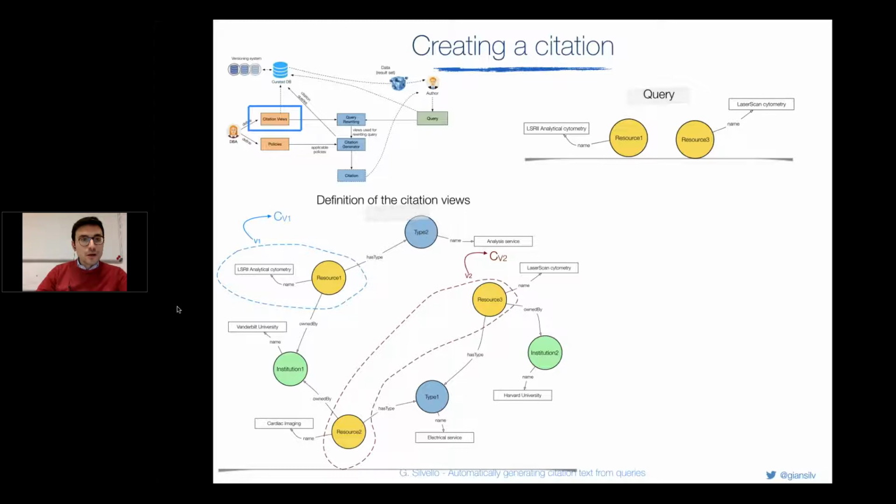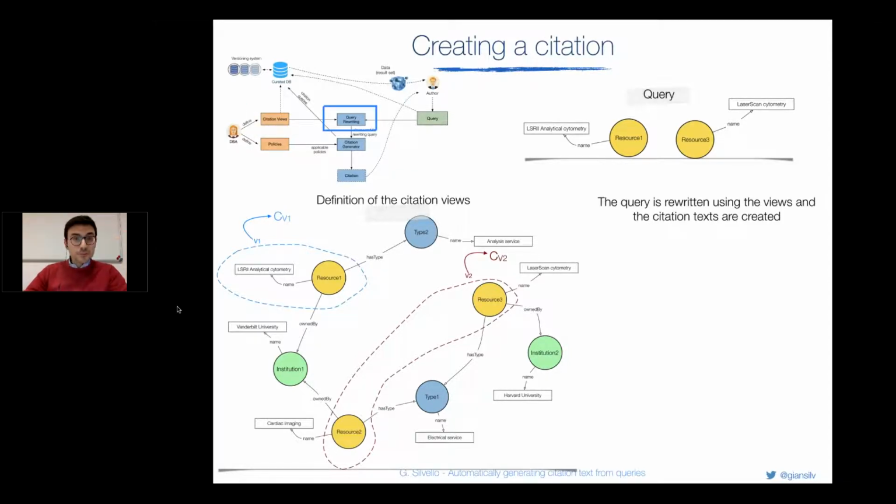The DBA defined one view for resource 1 and one view for resources 2 and 3, right? These views are related to some citation queries. Citation queries are defined by the DBA, and these queries retrieve the relevant information for creating a citation for the view, right? Okay.